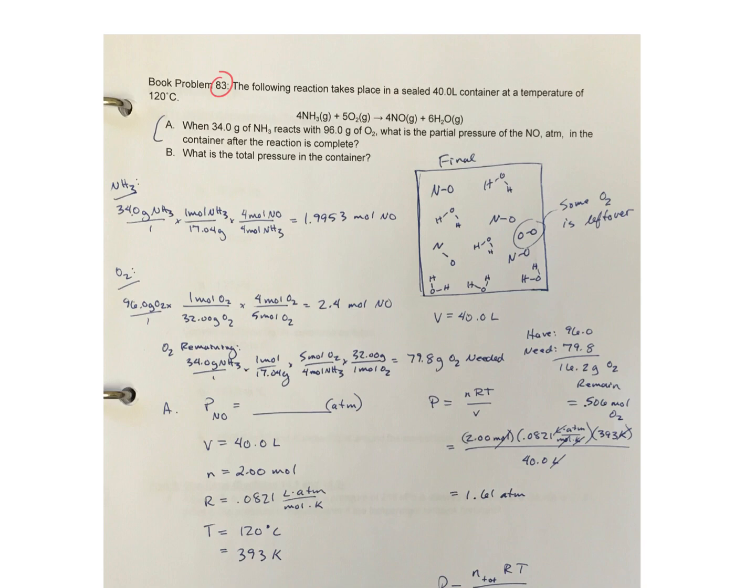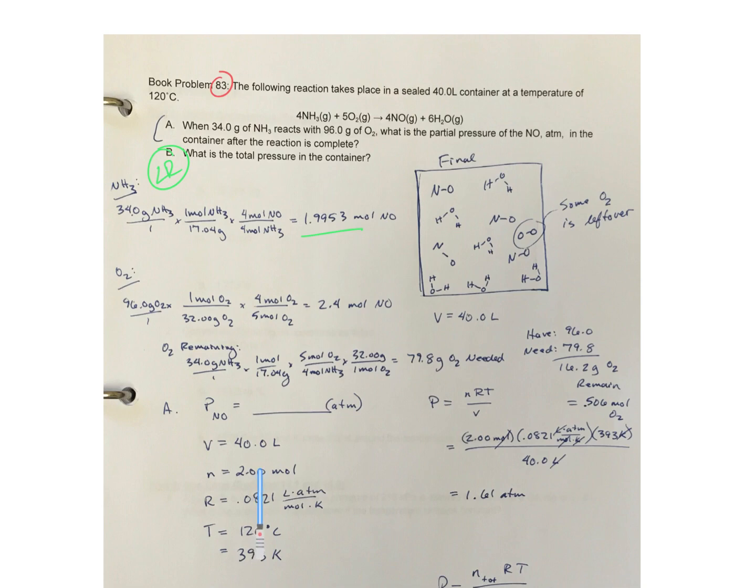In order to solve this question, you have to determine which of the reactants is limiting. If we have two given amounts, here's your reactant and here's your other reactant, you just calculate how much product you could make from each of the given reactants. And so you can see ammonia is by far the lower number, so this is the limiting reactant. In this case, that means you're only going to make 1.9953 moles of nitrogen monoxide,